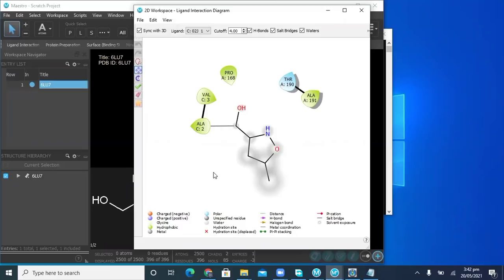Okay, thank you, sir. Welcome. Does anyone have any other question? So we can move towards the targeting docking. I think there should be a 5-minute break, and after that we will do the targeting docking.